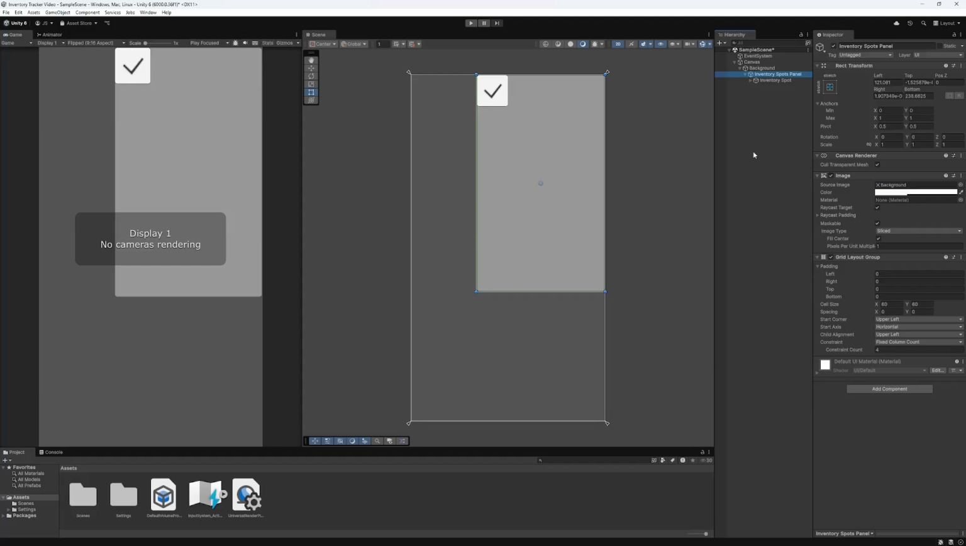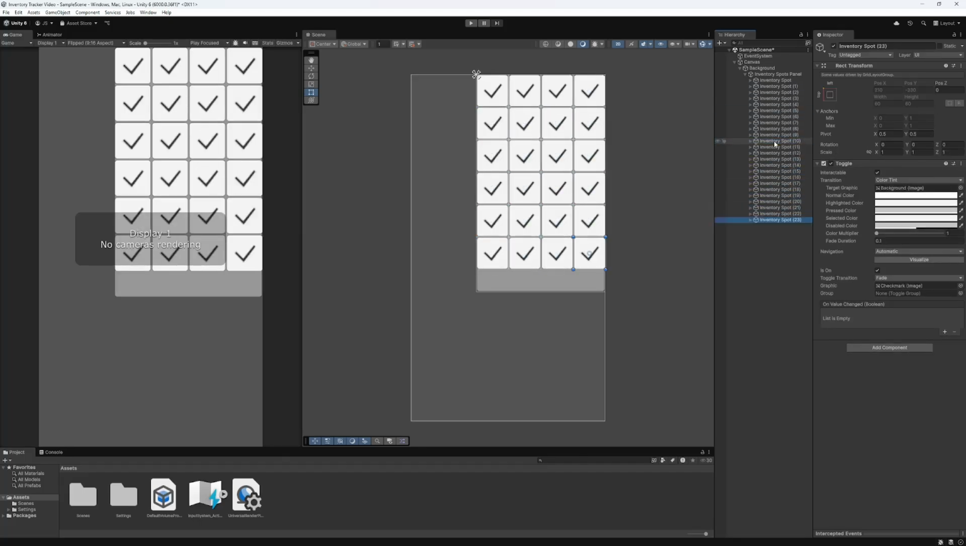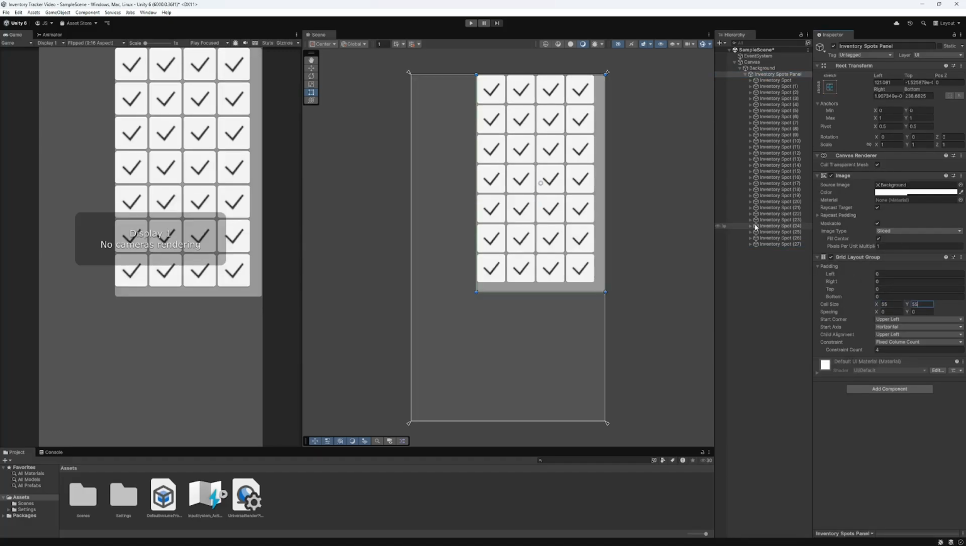Now what we can do is hold down Control and D to duplicate it, and it will automatically start filling up our panel. So these are a little big. I'll make the cell size a little bit smaller. Let's go with 55. Next, let's add some padding to the left and top just to get it away from